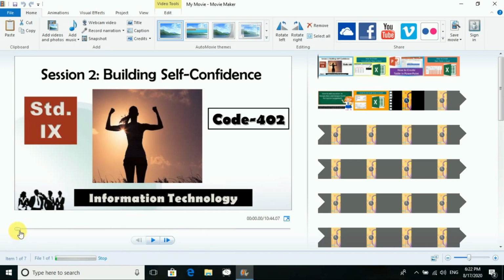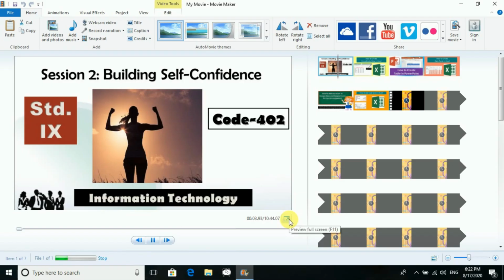So yes, now you can see that the play button is active. The previous button is not there. But for forward, the next frame, if you want, you can go for it. Okay, and then yes, we have many options here. If you want to play, yes, I will just play for the preview. I will click on play.